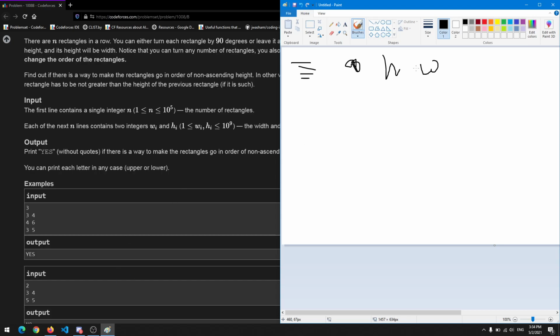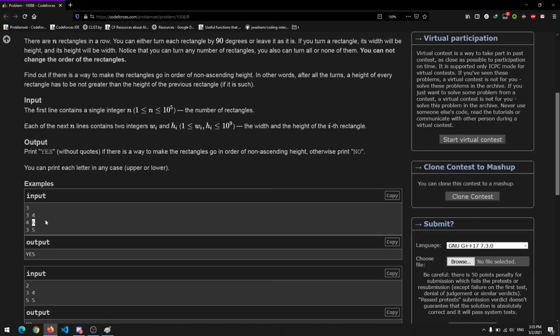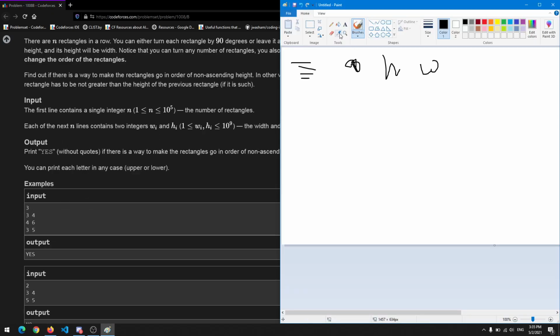As I was saying, if both the height and width are less than the previous height. Also keep in mind that we need to ignore the widths of the previous rectangles. Once we have figured out the height of the current rectangle, we ignore the widths; they are not at all needed. So we take the h and w of the current rectangle from standard input, and then we compare them to the height of the previous rectangle, h of prev.